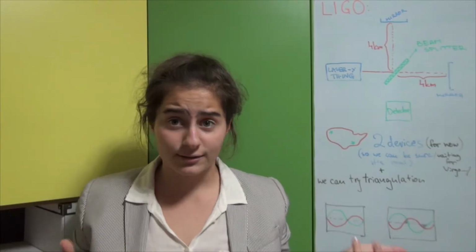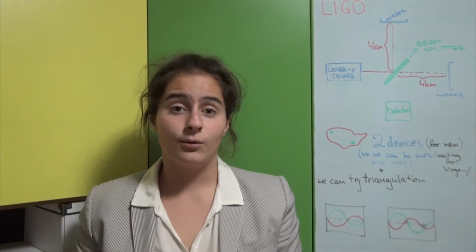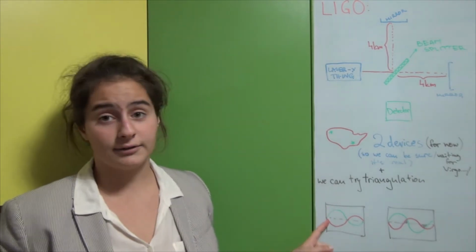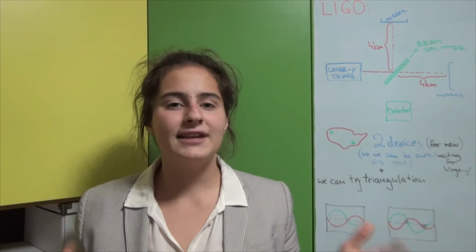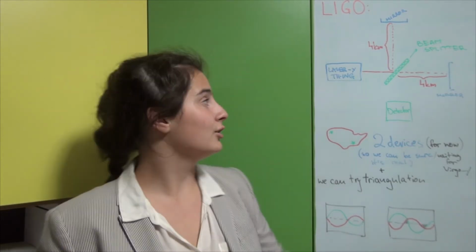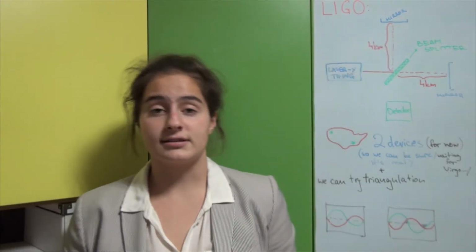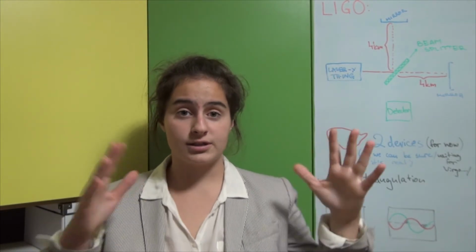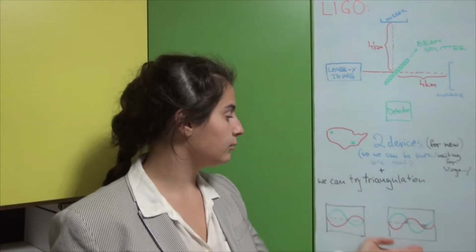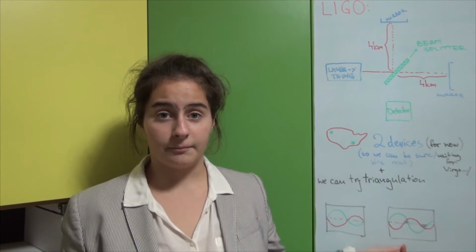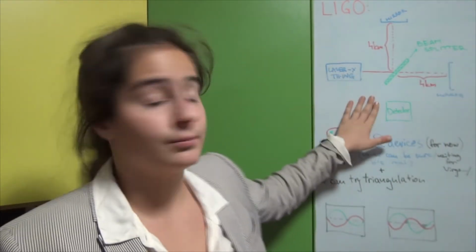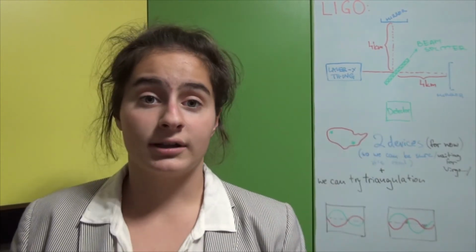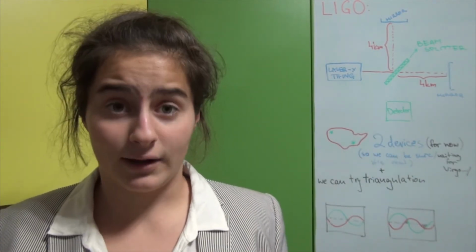Third, if there hasn't been a gravitational wave, the two light waves will cancel out because the trough of one of them will align with the crest of the other. But if there has been a gravitational wave, the two lights will have traveled different distances because the arms would have been stretched differently, and so their light waves will not align. This means that the scientists will be able to study the interference measured by the detector, and so uncover the mysteries of gravitational waves.